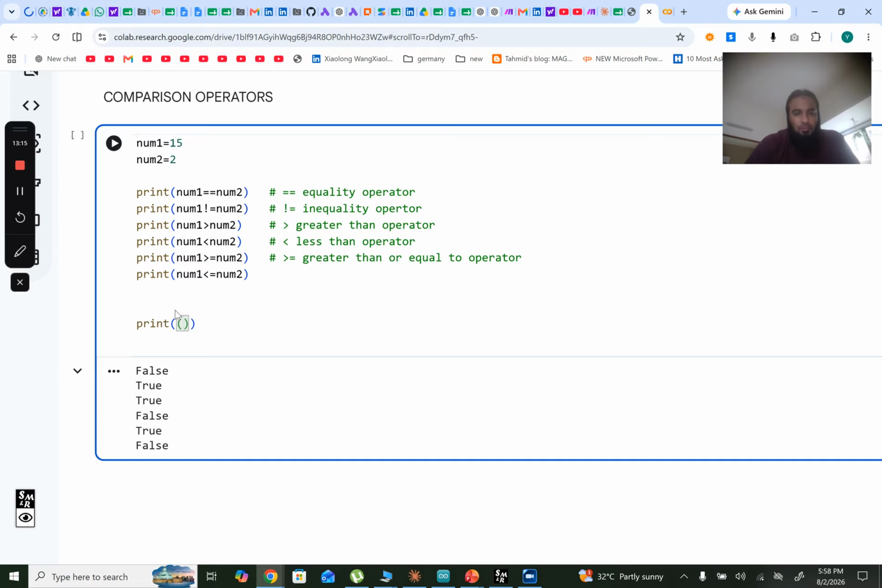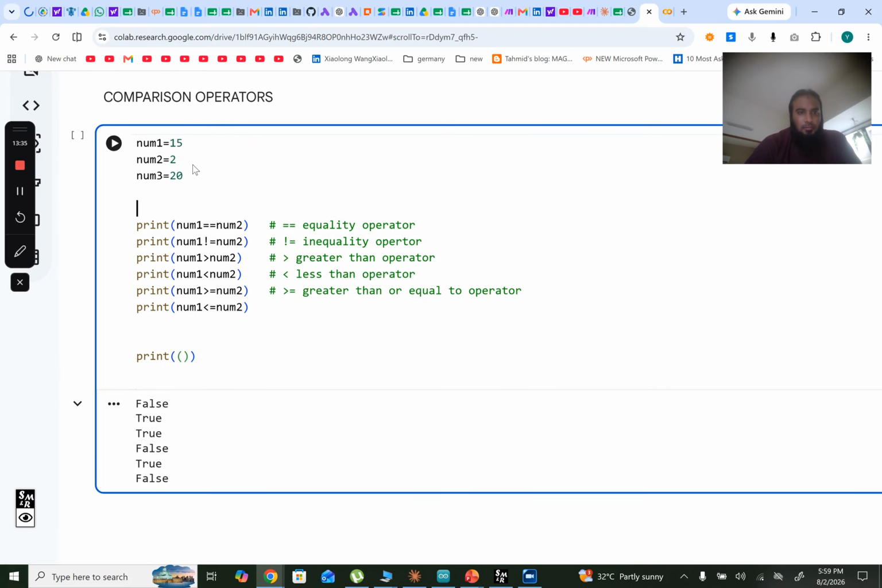Well, between two or more comparison statements, like if I write another number 3 here, num3 is equal to, let's say, 15. Okay, num3 is equal to, let's say, 20. If I write num1 less than num2 or num1 greater than